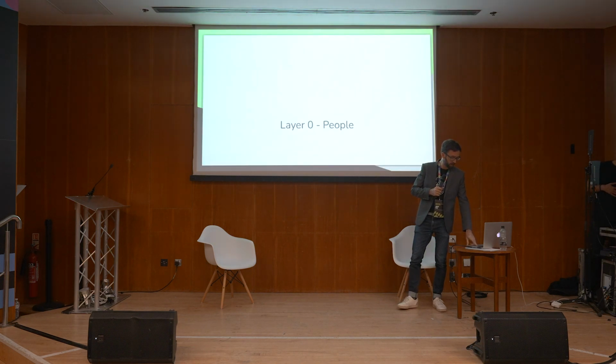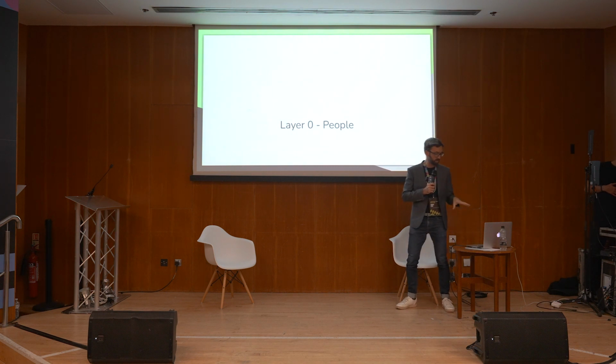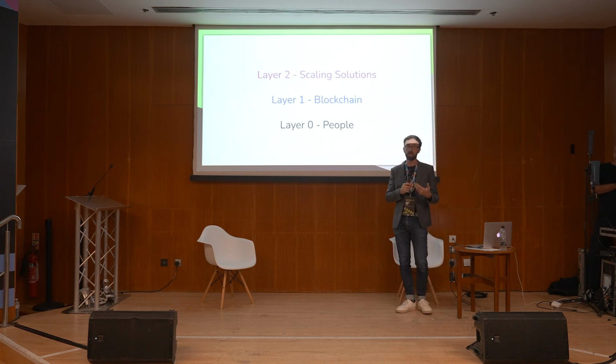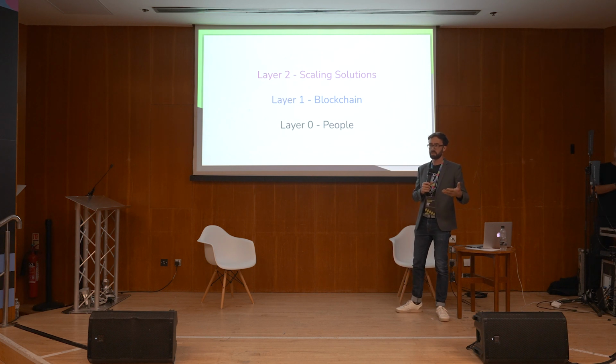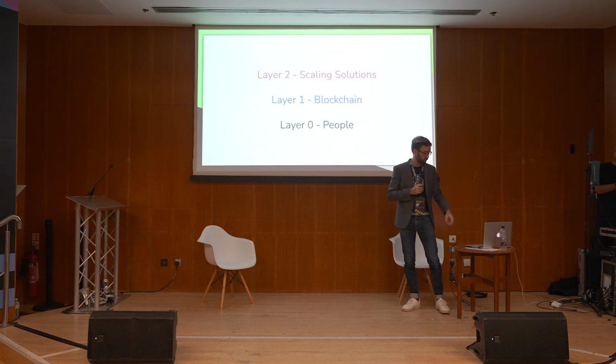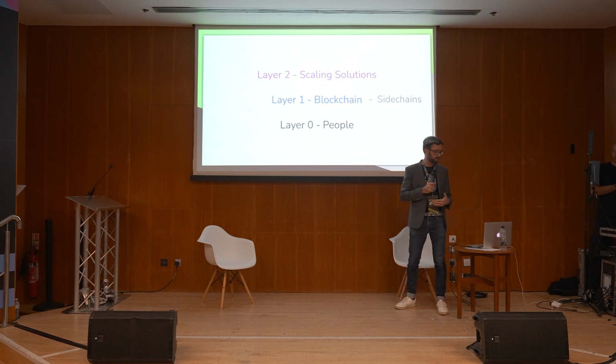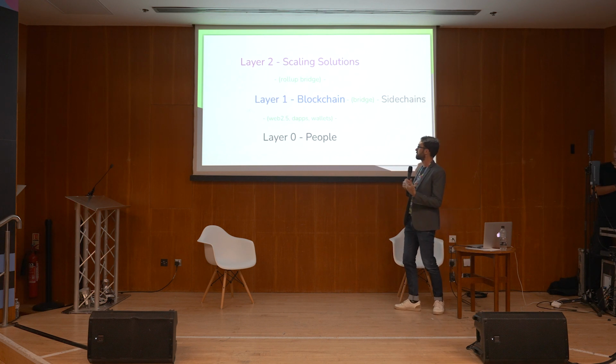So let's just quickly peel back the layers. I'm conscious of time, given where we're at. So layer 0 can affectionately be known as people. On top of that, people use a blockchain. Layer 1 blockchains exist. There's a lot of them out there. The layer 2, so once a layer 1 hits capacity, you want to then get some scaling, so layer 2s then make sense, and that's where that is. Alongside layer 1s, I'll say there's side chains. So between all of those things, there's different ways that they connect.